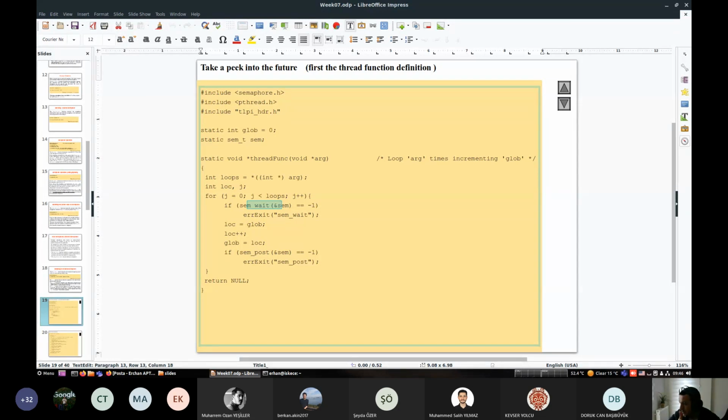And basically that's it, capable of executing them. So basically it's a critical section. We will talk about critical sections in the future. The main idea is that whatever statements you have between a wait semaphore and a post semaphore, that means that